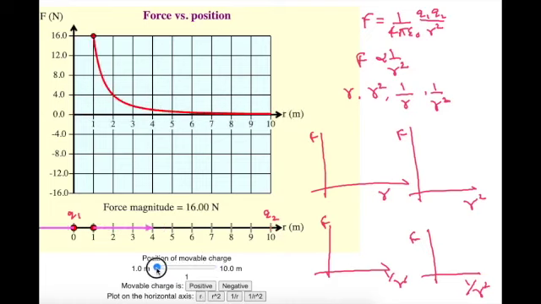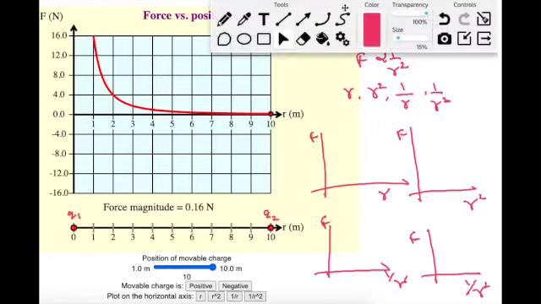So see here, how the graph varies with respect to the distance. As we all know, when the charges are close to each other, the force will be maximum. As the separation is increased, the force decreases exponentially. So the graph will be: initially it is a maximum, and as the distance increases, it decreases exponentially. So this is the graph of force versus R.